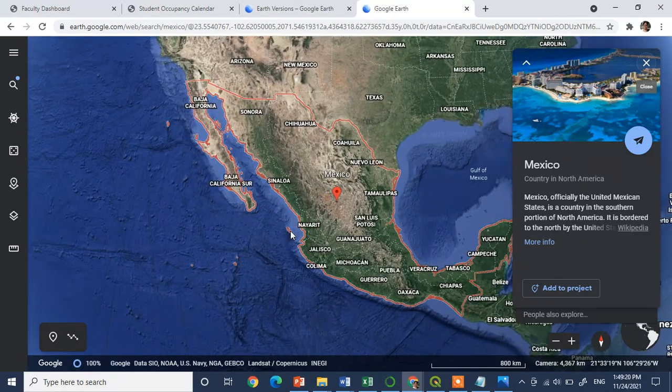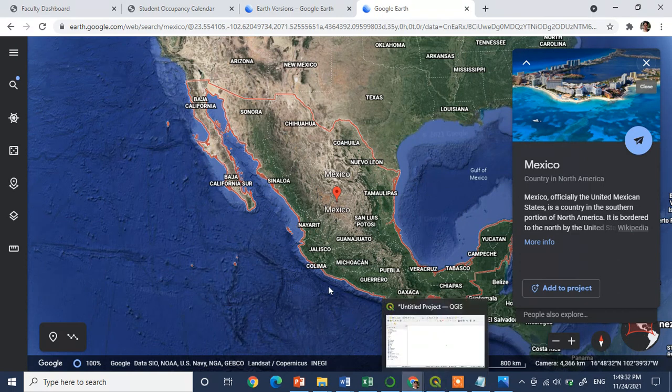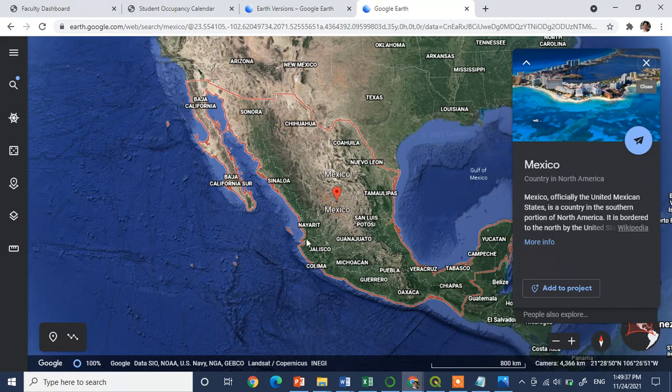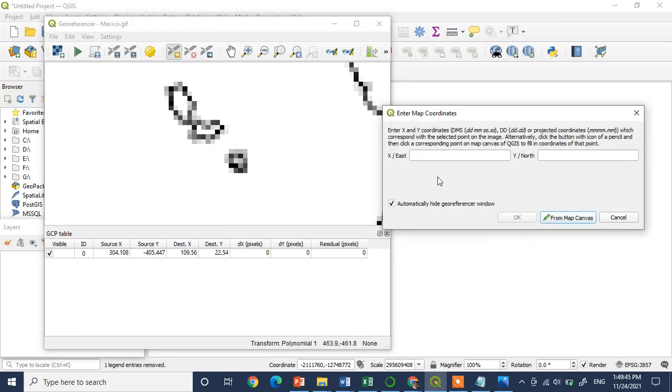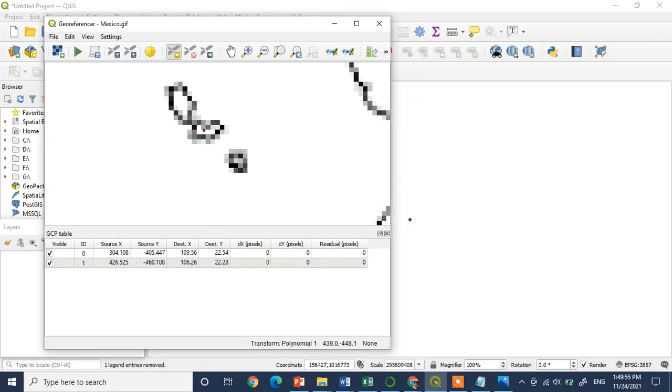Okay, so that second coordinate is here, as you can see, and the values of these coordinates are 106.26 and 21.33. So let us mark that point. It is 106.26, 22.28. Click on OK.